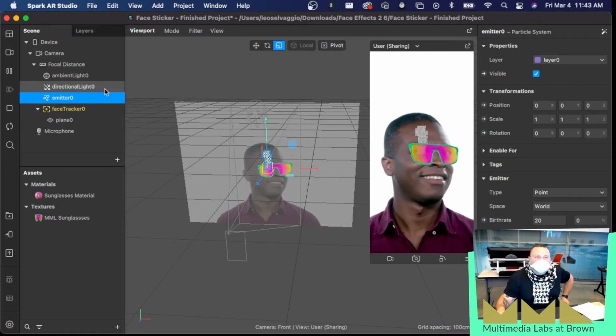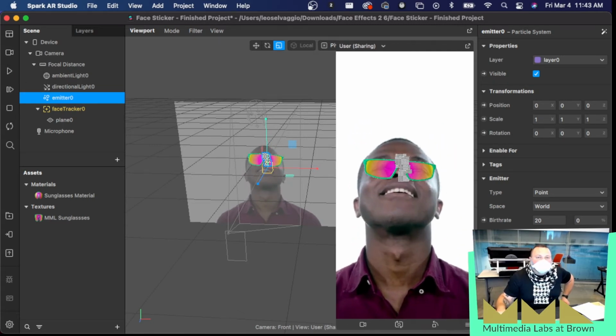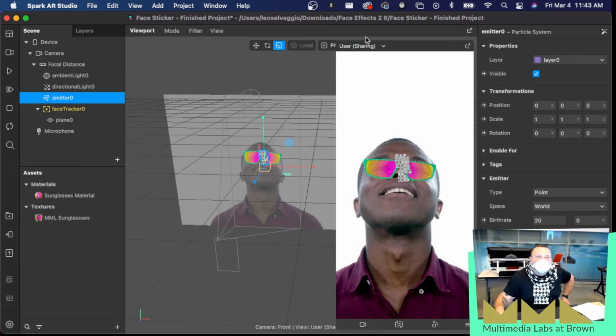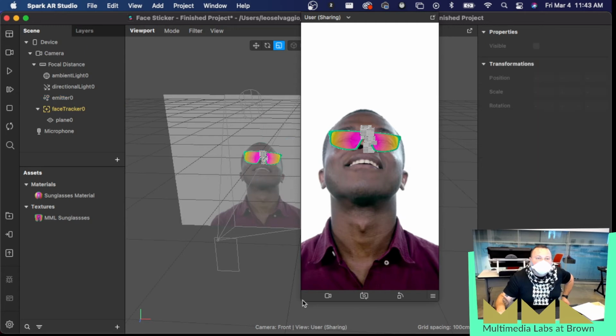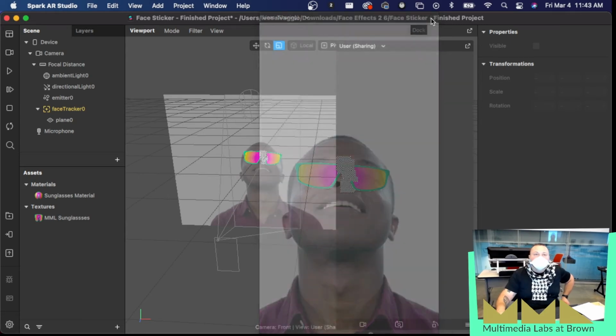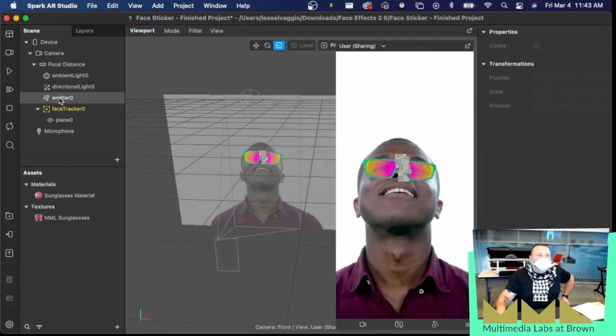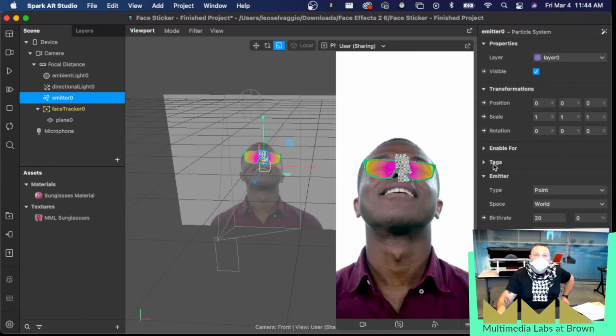All right, so as you can see, if we pause, yet again, just like the plane, we have that no information checkerboard type thing, right? So if we click on emitter and go into our properties panel,